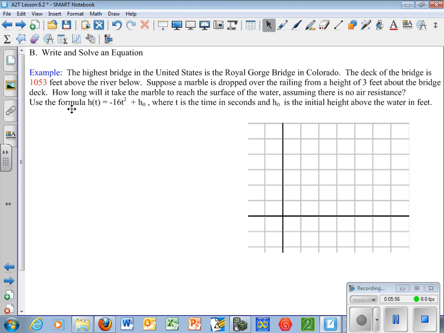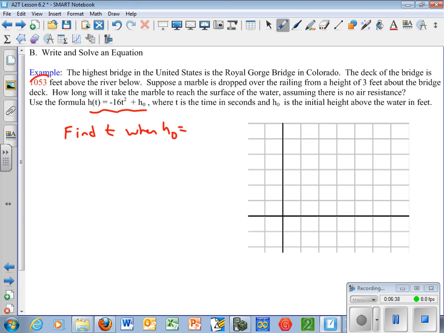How long will it take the marble to reach the surface of the water, assuming there is no air resistance? Use the formula H of t, just functional notation, equals negative 16t squared plus h0, where t is the time in seconds, h0 is the initial height above the water in feet. Okay? So, we need to find t when h0 equals,